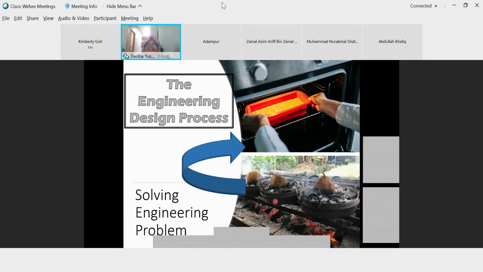Just imagine that an oven never exists in our life. Can you answer oven as the solution just now? Of course not. So you need to go through the design process. The engineers actually need to go through the design process to come up with an oven. That is the new idea.